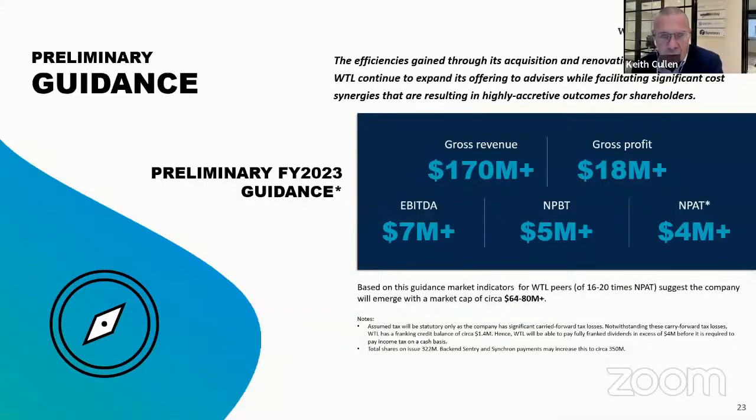It augurs well for our guidance for 2023, when we will have the benefit of Synchron for that entire period. So we put this guidance out when we did the Synchron acquisition a few months ago. And I think if you look at what we've been able to achieve with just a few months of that in the FY 2022 year, it gives us the confidence to come out and restate this guidance for this year. So we're looking towards $170 million in revenue, a gross profit of around $18 million or more,